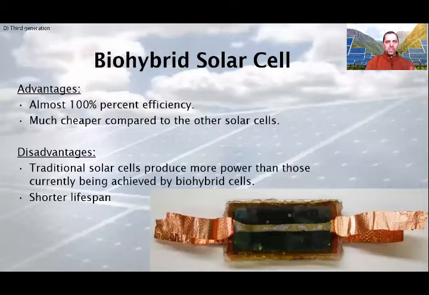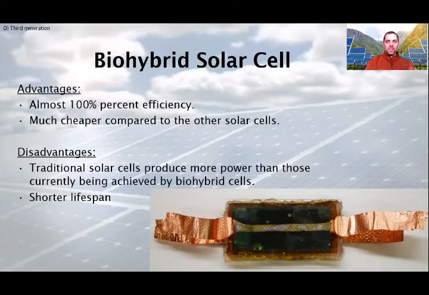The greatest advantage the biohybrid solar cell has is the way it converts solar energy to electricity with almost 100% efficiency. This means that little to no power is lost through the conversion of chemical to electrical power. These numbers are great compared to only 40% efficiency for traditional solar cells. The cost is also a lot less for producing biohybrids because extracting the protein from spinach and other plants is cheaper compared to the cost of metals needed to produce other solar cells.